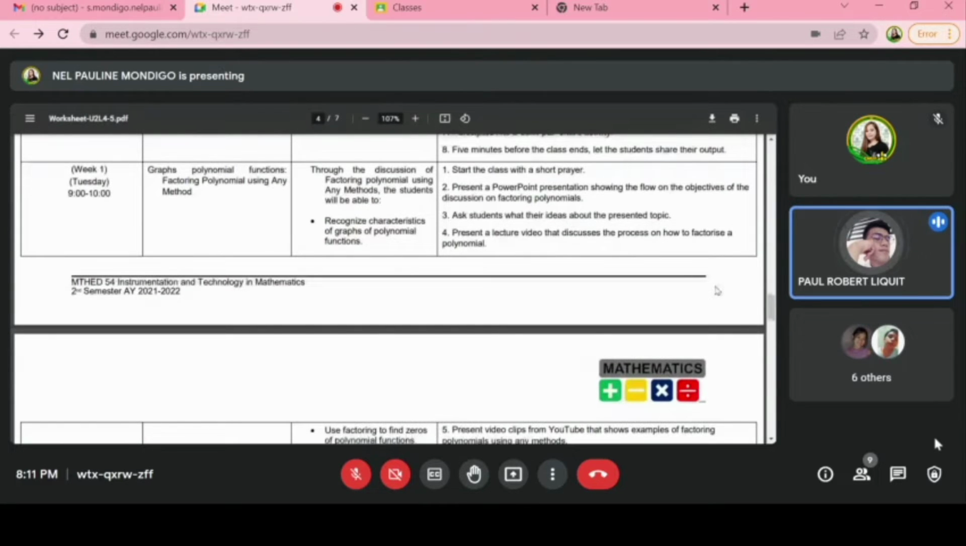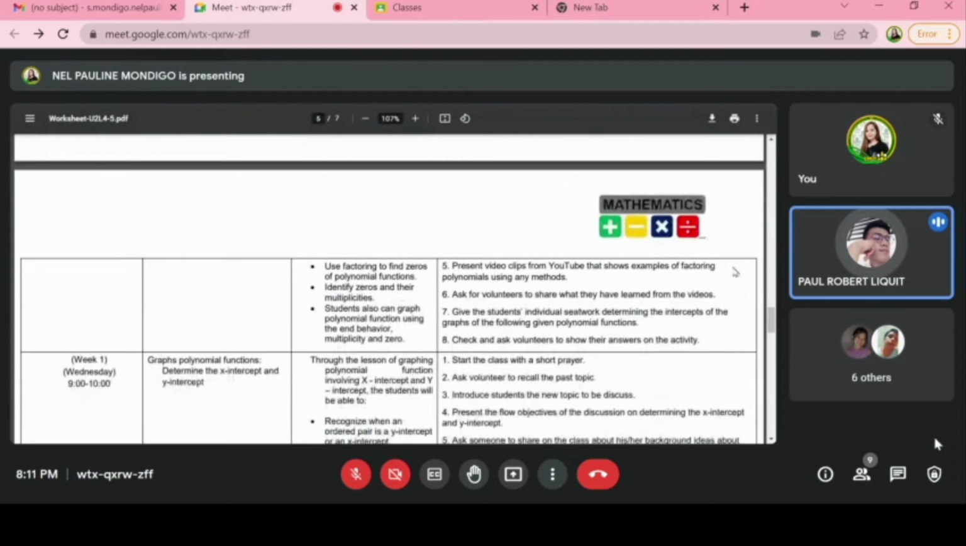Next, use factoring to find zeros of a polynomial function. Next, identify zeros and their multiplicities. And the last one is students can also graph polynomial functions using the end behavior, multiplicity, and zeros. And its daily procedures are